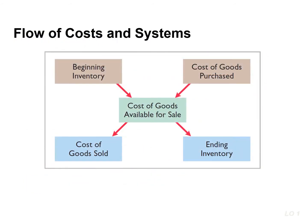This slide illustrates the flow of cost for a merchandising company. Beginning inventory plus the cost of goods purchased equals the cost of goods available for sale. As the goods are sold, they are assigned to the cost of goods sold. Those goods that are not sold by the end of the accounting period represent our ending inventory. I want you to think of it this way: if the product is sitting on the shelf, it is residing in our ending inventory. If, however, we sell the product, then we're going to assign that cost to the cost of